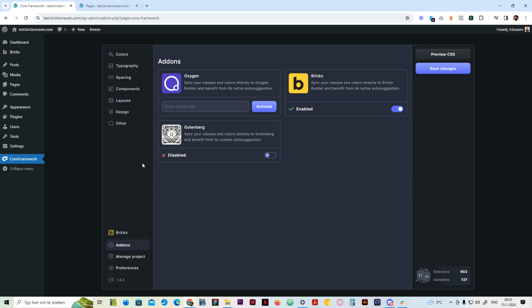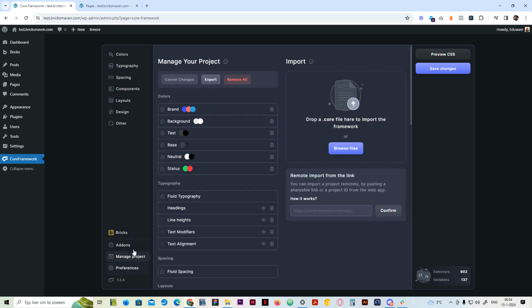Okay, so the next thing you should do is actually install the core files. So you need to go to manage project. You browse your files. You can download the core files of the alpha template from your account. There's a link in your account on the Bricksmaven website where you can download the file. You browse a file, then you come to manage project. You browse your files, you add it here, and then